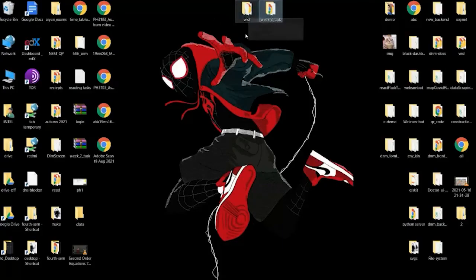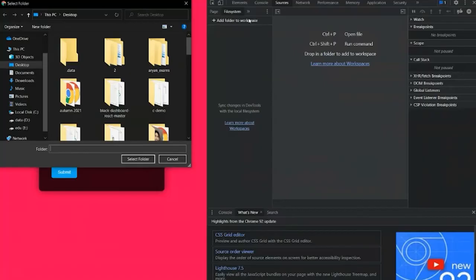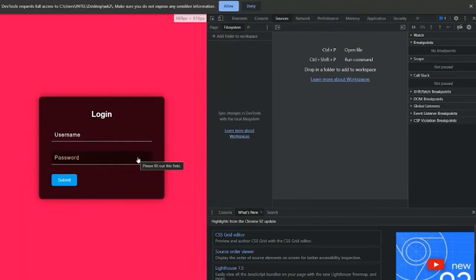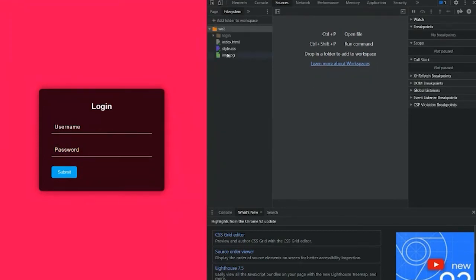So we are going to add this week2 folder here, and press allow. Okay, so all the files will be loaded here.